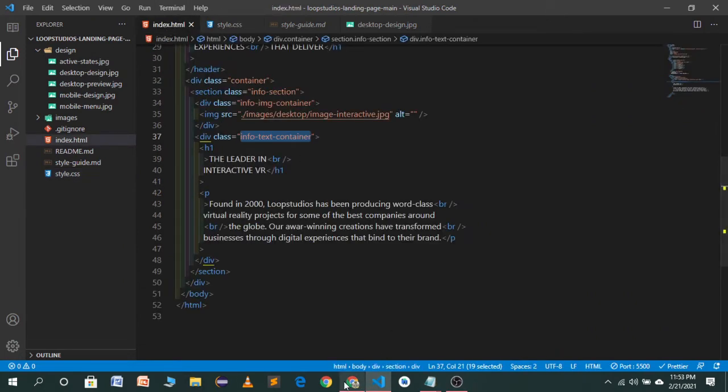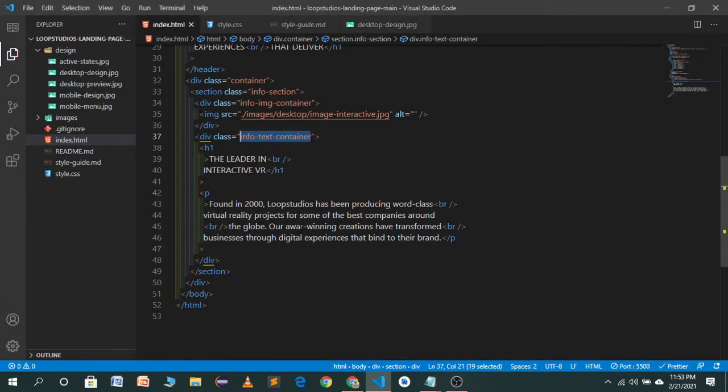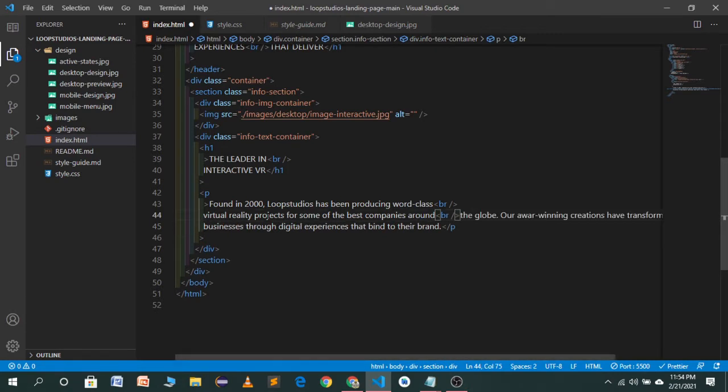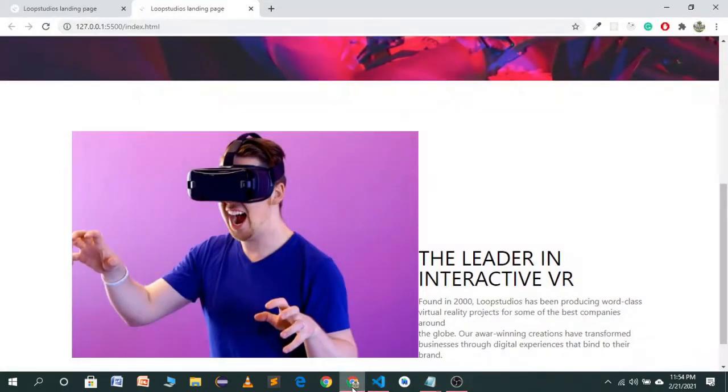Here we have a line break after world class, I think, and around. Let's see how it is looking. We have a line break after around. Let's move it into a different line. Let's save this, how will it look.